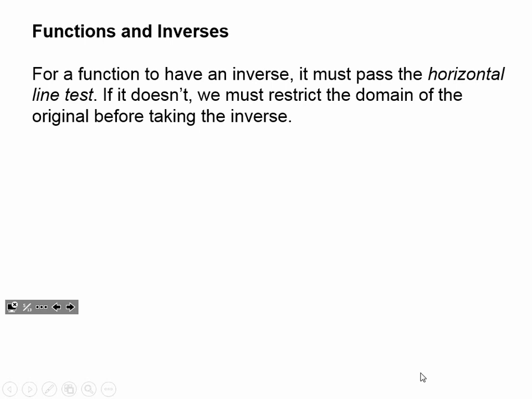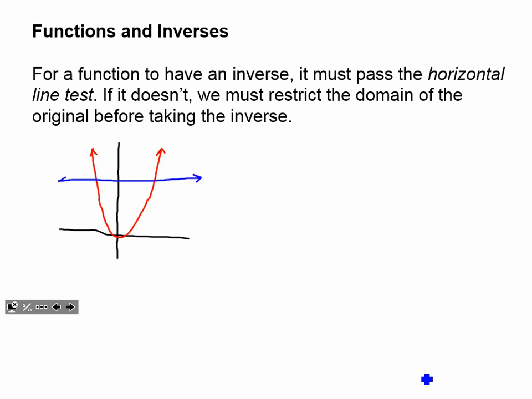For a function to have an inverse, it must pass the horizontal line test. So when I have a function, I want to decide, does that have an inverse or not? I will look at a graph of that function. Let's say we have a parabola or something. And if I'm going to switch the role of input and output, x and y, then I want it to pass the horizontal line test so I know that when I take its inverse, I'll only have one input to go with each output.